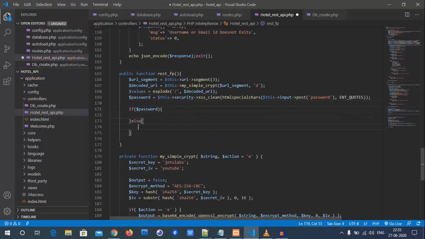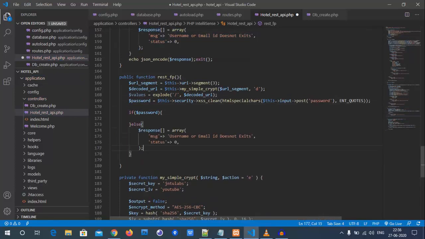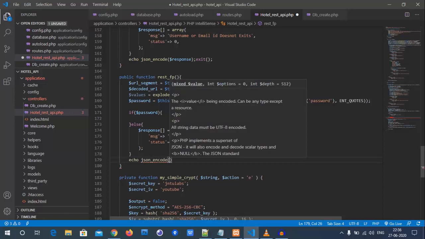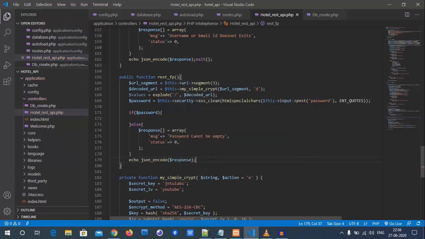So here in values, we'll have the 0th position, which is the user id, and the user detail, username. Basically we require a user id, and this part is not at all required, or you can have this also for basic purposes. Apart from this, we will be getting the newly set password which the user will be setting for us. So we also take it from this part.